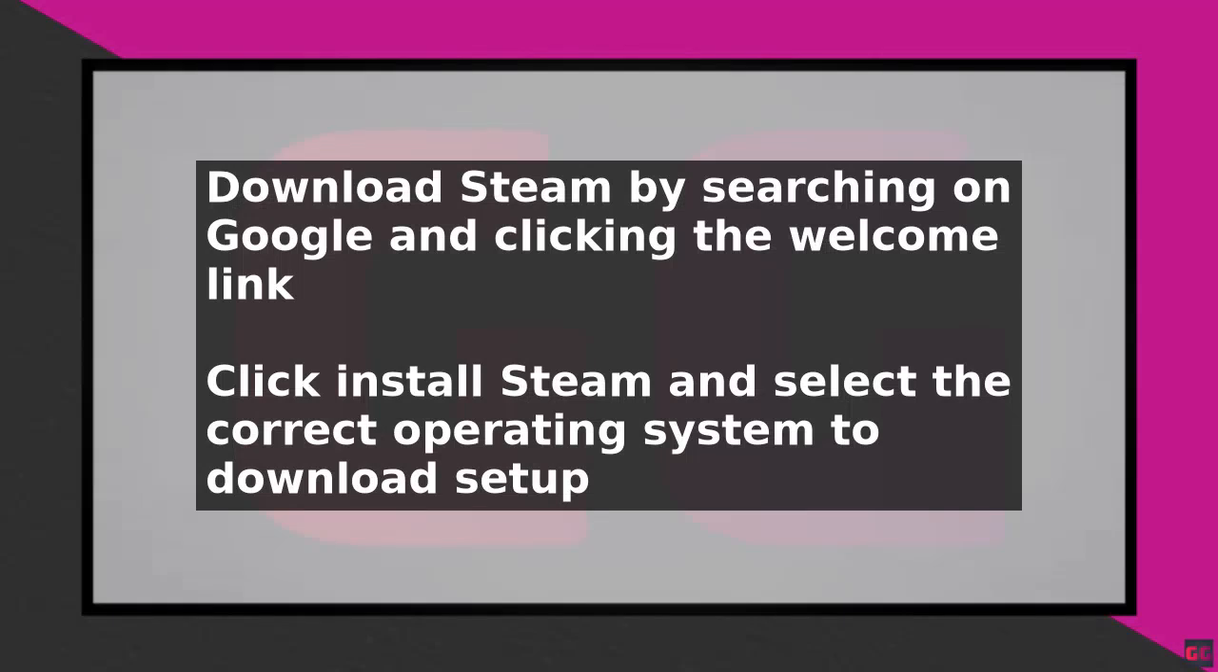To download Zoochosis on a PC or laptop, the first step is to download Steam, an application that allows users to buy, download, install, and play games. This can be done by searching for Steam on Google and clicking on the Welcome to Steam link, which is typically the first result, found at store.steampowered.com. Clicking this link will take users to the Steam website, where they can click Install Steam at the top